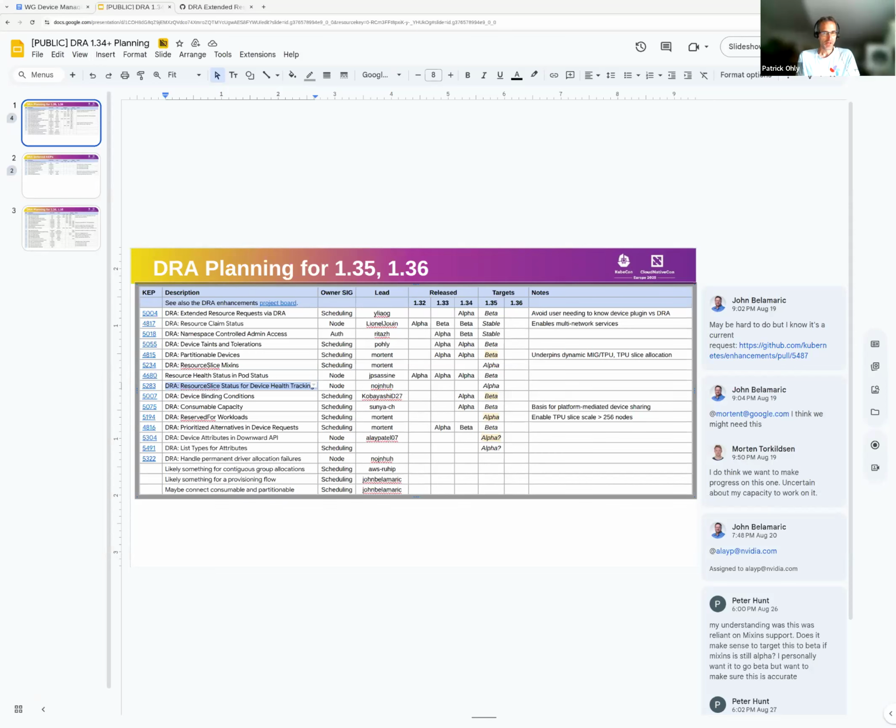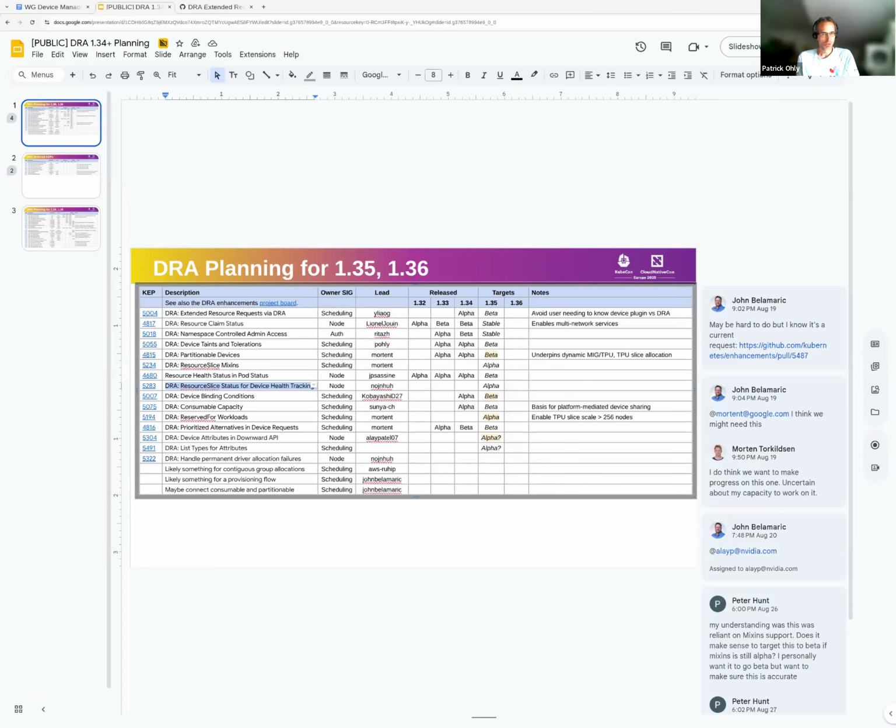Yeah. My thinking was that for DRA, the resource slice status could be the place where such reservations get recorded. Okay, so you mean that there will be one place which has to be updated? Yes. What about creating yet another object that represents the allocation reservation that would sit in the middle?